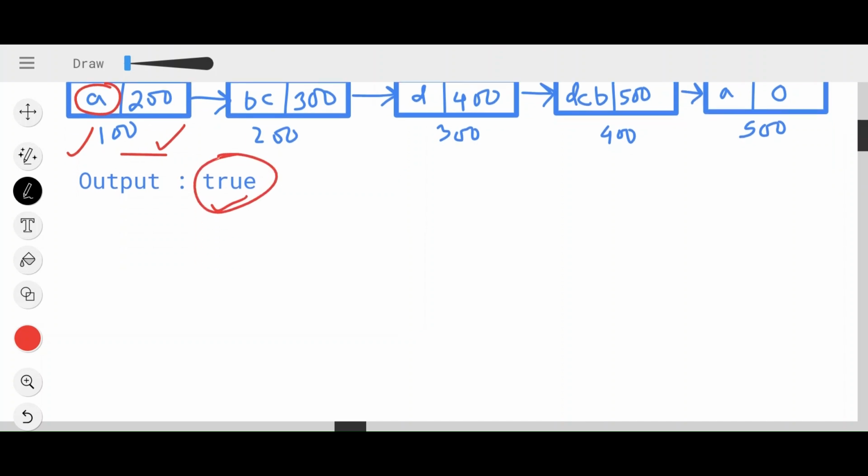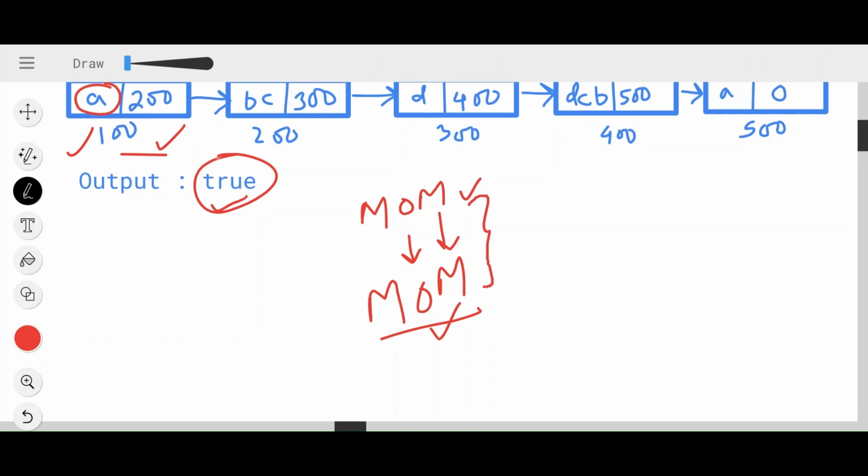Now let's see what a palindrome is. Suppose you have a string called mom. Now reverse this string. What will you get? Mom. You are getting back your string after reversing your actual string, isn't it? So whenever you reverse the string and you ultimately get your actual string, then that is called a palindrome. Now tell me whether this is a palindrome or not.